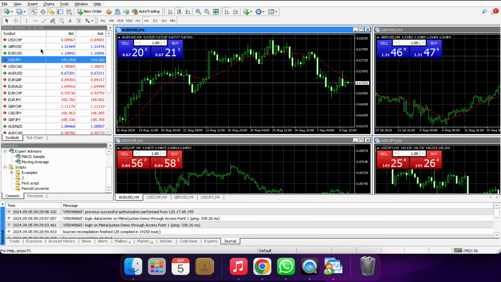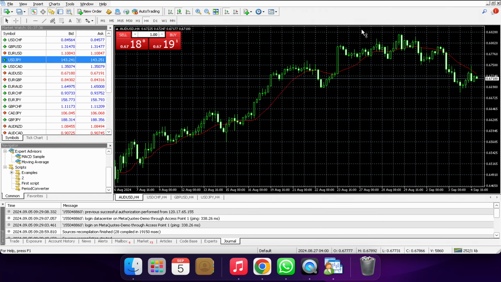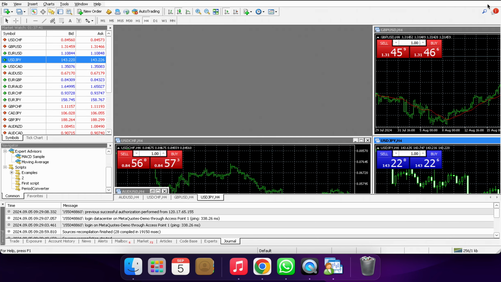This is called Navigator. This is called Market Watch. And this spot is for the charts. And you can have multiple charts, like if you click here, here, here, you can open multiple at the same time, or if you're just focusing on one, you can just view one. You can reduce it, and you can do whatever, guys. So this is just my understanding of what you see when you open the MetaTrader editor,